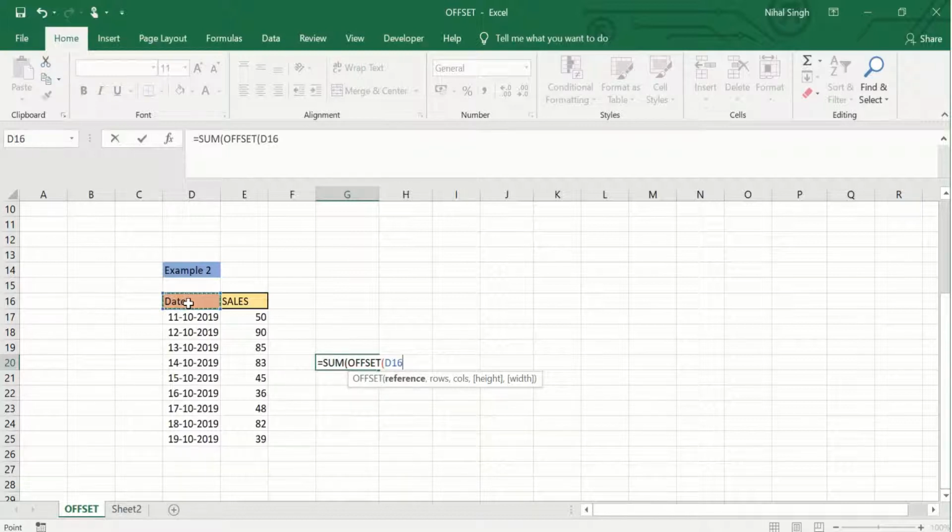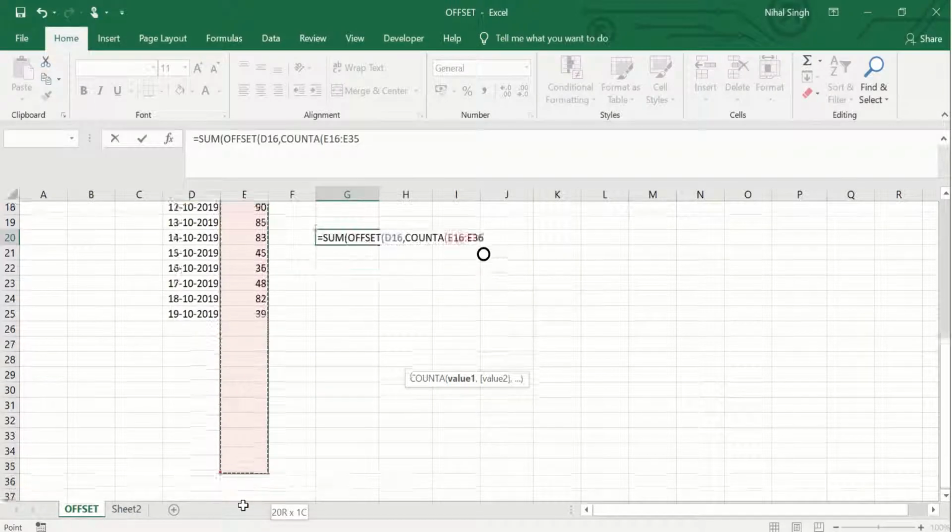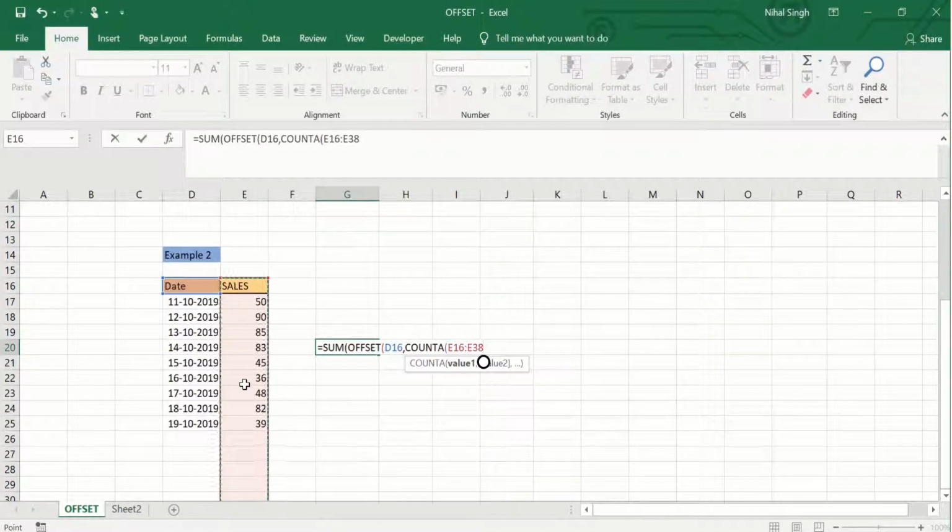We will give the reference, that is the cell from where we are going to count our rows and columns. So that will be D16. The next is the rows. So here we will write COUNTA. I will explain why we have written COUNTA after writing the whole formula of OFFSET. Now we will select the range, and here we will select an extended range because we are expecting that the sales figure will be written for the days after 19/10/2019 also. Now we will close this and write -4 because we want the sales figure of